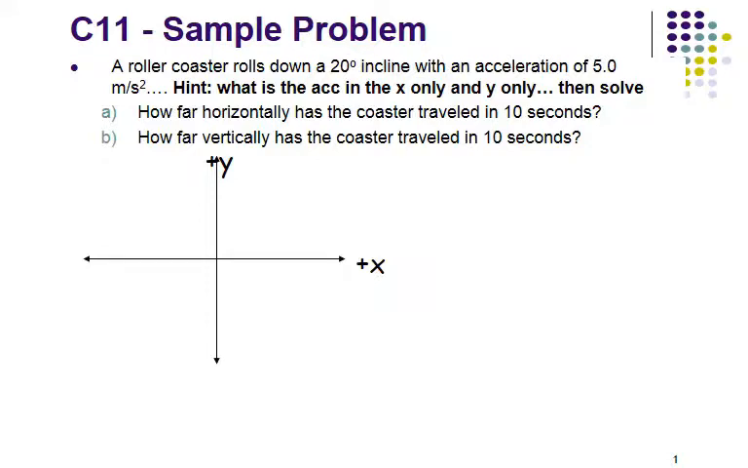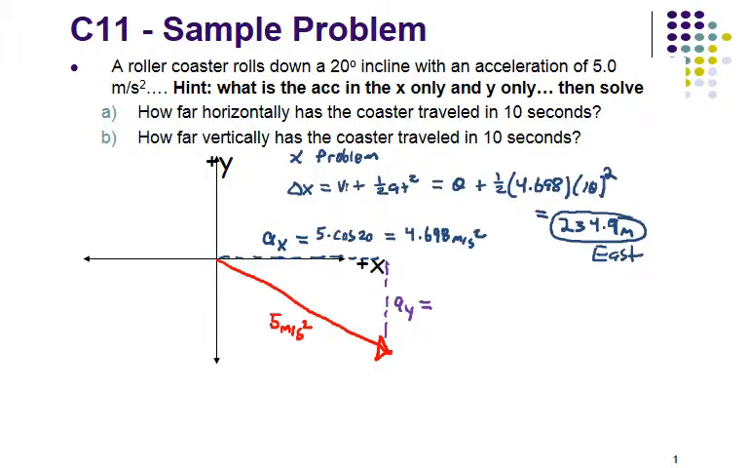So it's going to be important to break this up into what's going on in the x direction and what's going on in the y direction. If we break up our acceleration, what's accelerating in the x and what's accelerating in the y, we can use trig to determine what's going on in the x here. So the x acceleration is 4.7, and then we can use one of our kinematic equations to figure out how